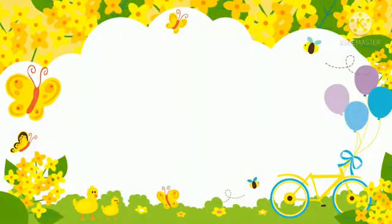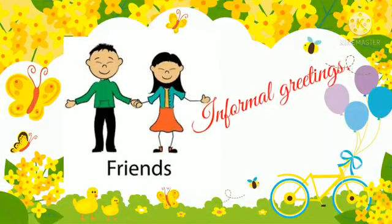That was indeed a wonderful conversation, isn't it, children? Now let us move on to another conversation between friends. Yes, as you have guessed correctly, when they are friends, they are going to be in an informal setup, and for that, we are going to be using our informal greetings. With whom do we use informal greetings, children? We use it with our family, friends, and acquaintances. So here we have two friends who are meeting after a long time to catch up with whatever is happening